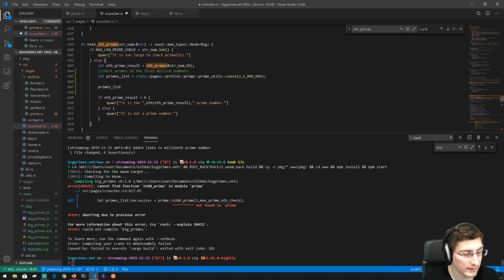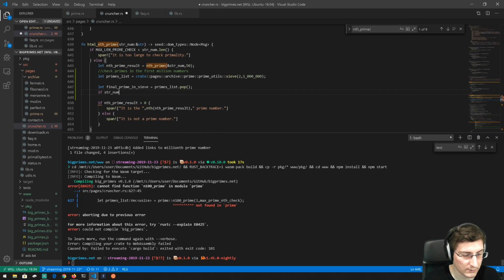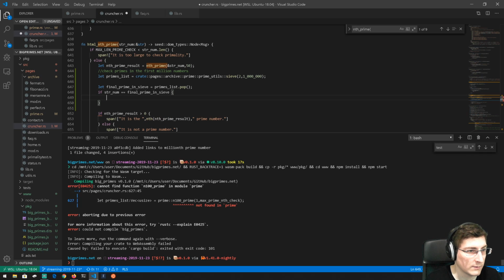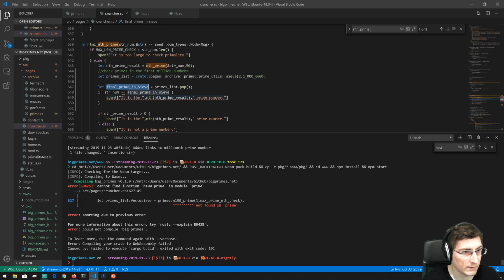We could pop primes list and we could say if final prime in sieve equals this, and if string num equals the final prime in the sieve, then we can say with certainty that whatever count we have on this, so I guess it's length at this point, we might need a +1 on there because we've just popped. Let's pop. Sorry, that's +1. So this would mean